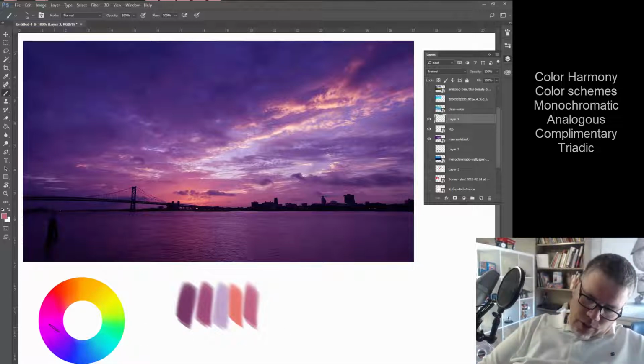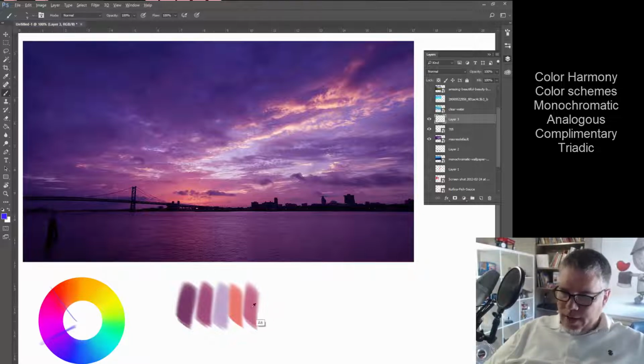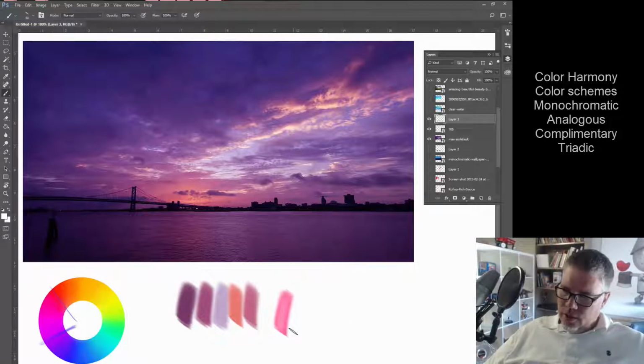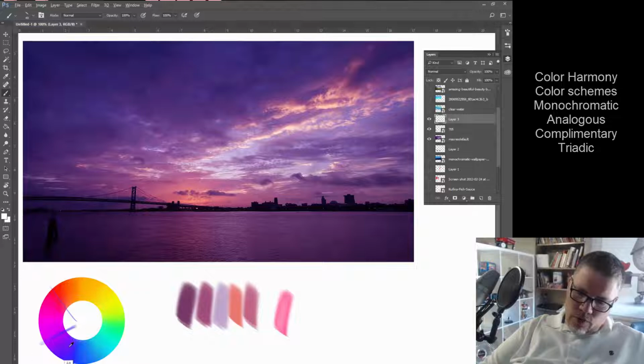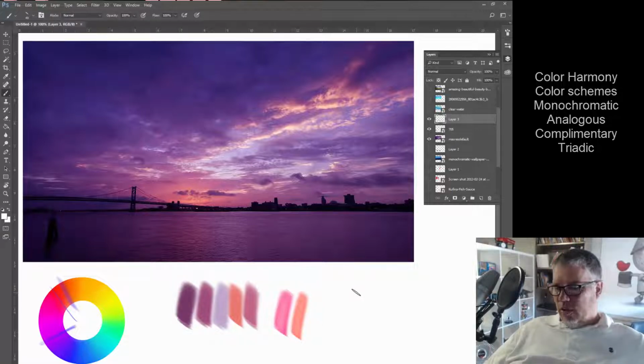You're kind of dealing with anywhere from probably here on over to here, but we're also adding white. So if we take this color right here, and we add a little white to that, you can see where we're kind of getting close on some of these colors in there, right? And it might actually go over a little further than that and grab a little bit more orange. It probably does. And that's again why it's almost analogous, but it kind of grabs a little bit of that orange